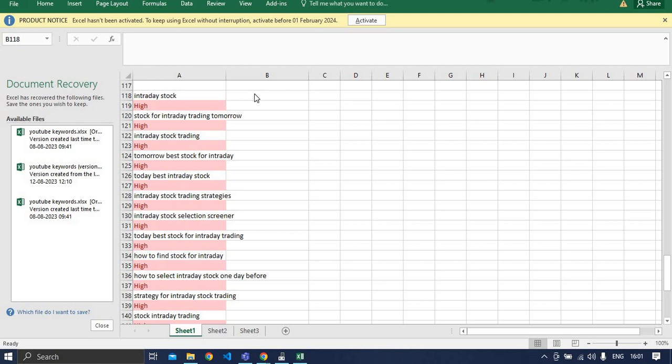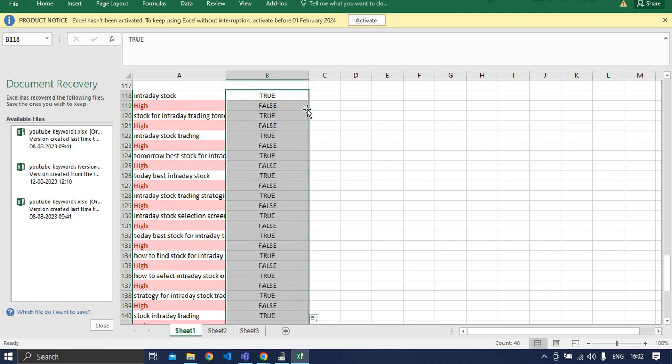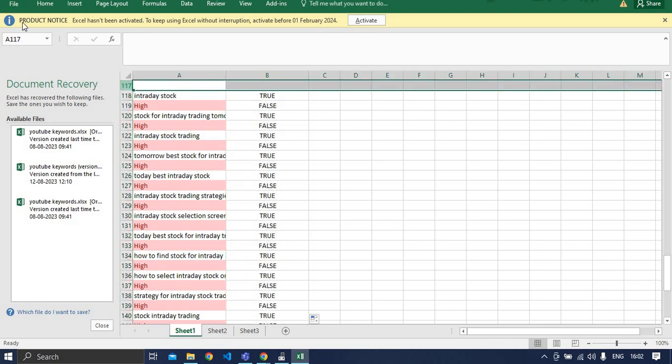What we can do, come to column B. Here just write true, and down you can write false. Now what you have to do, just select these two and go to this part in the corner, put the cursor here, and double click on that. Okay, now just select this row,